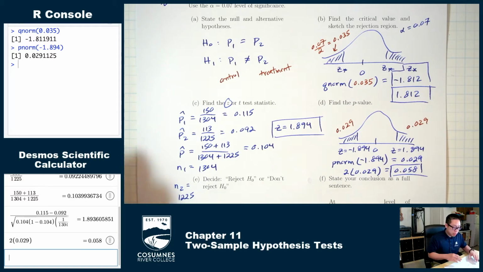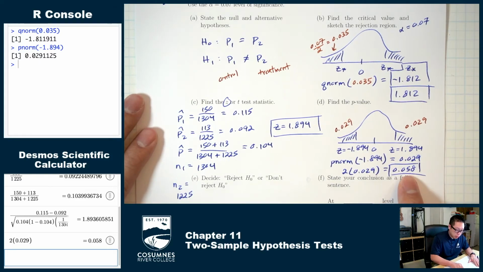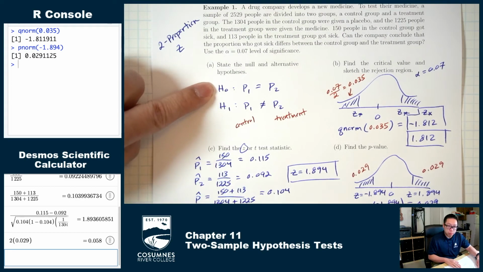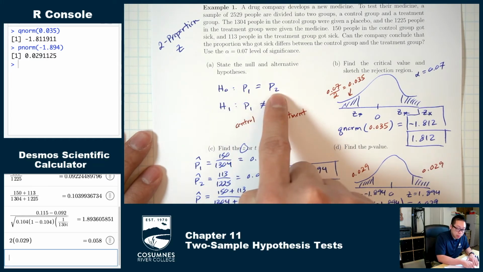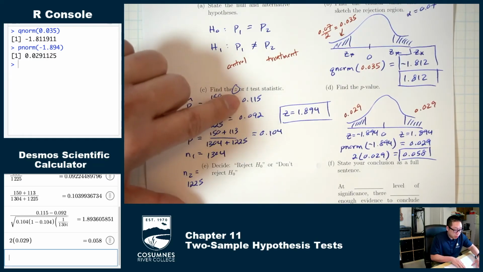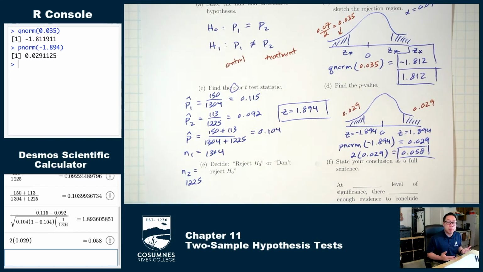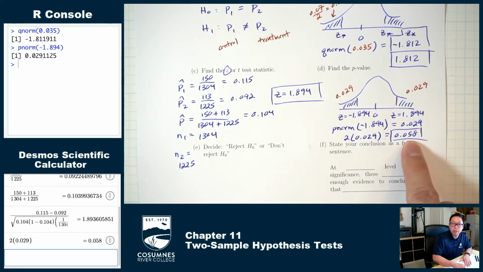Could this difference have happened just by pure chance because we have two different groups of people? So what this p-value is saying is, assuming H0 is true, so assuming that the two groups are actually the same, this difference that we're seeing could have happened by pure chance this percent of the time,